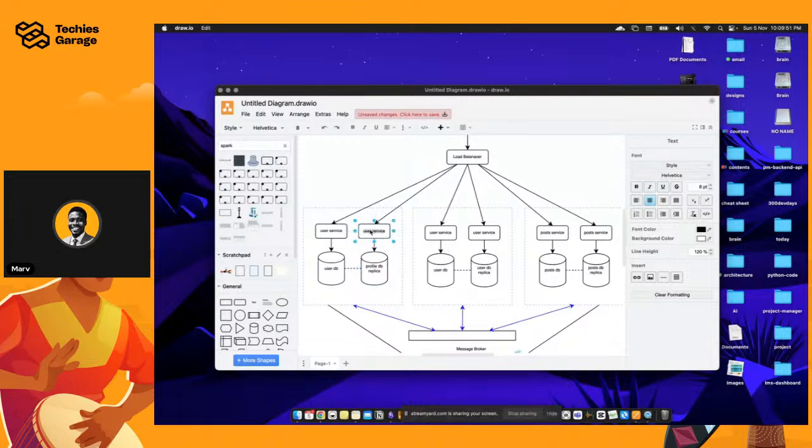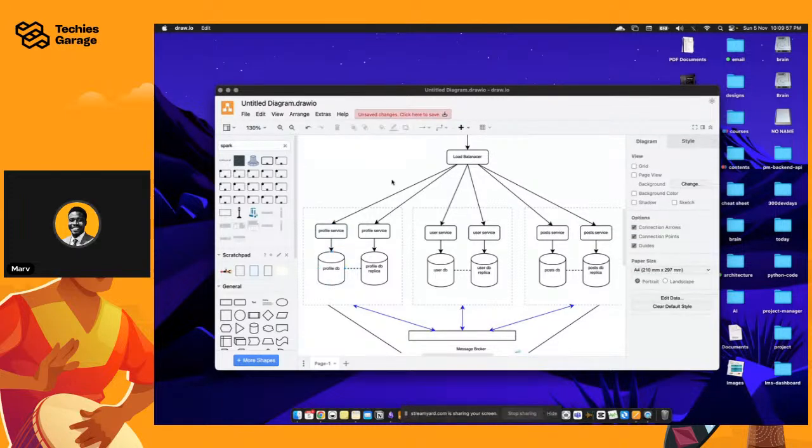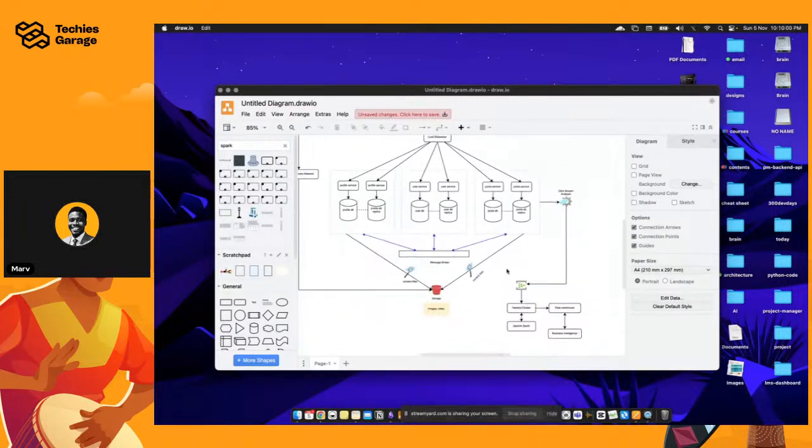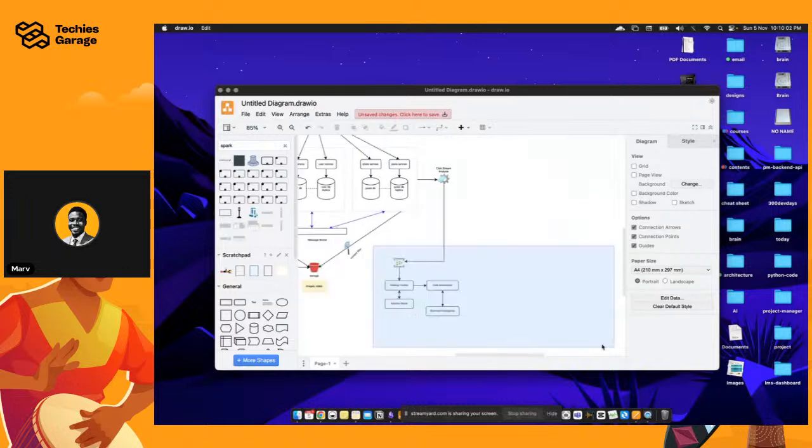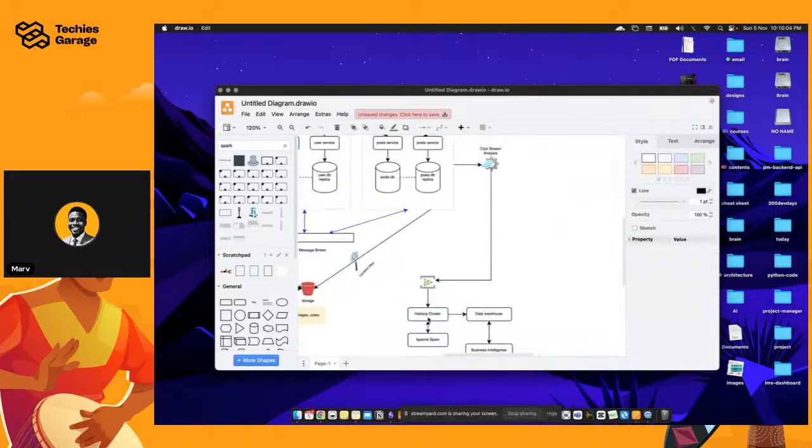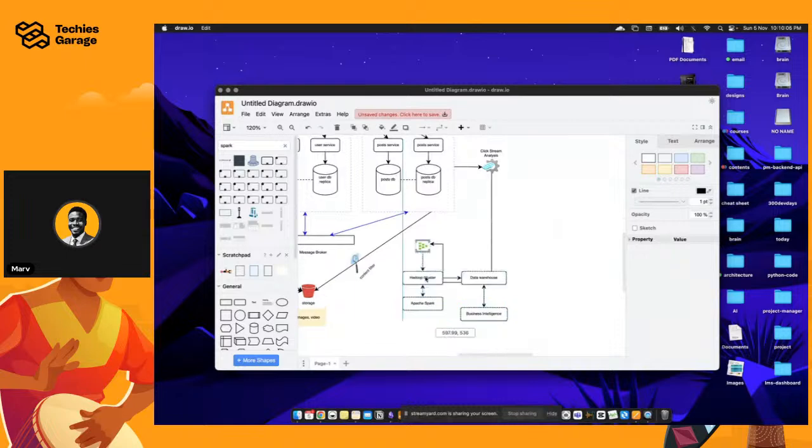Okay, so the next thing I would want to do if I'm actually designing this, if I'm trying to use a specific cloud for most of these operations, I can simply start replacing some of these services with cloud services, right? But I'm not going to do that because we're already out of time.